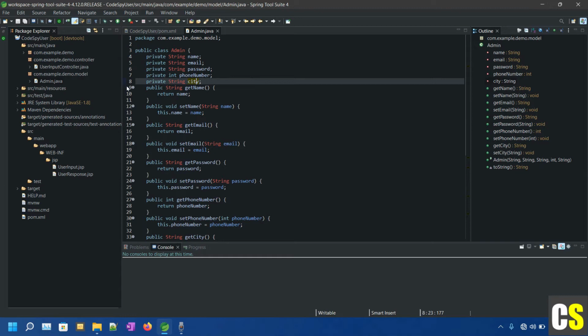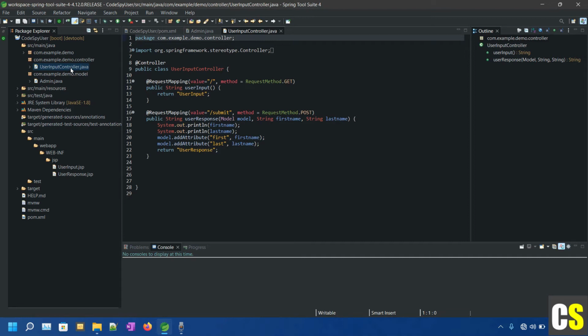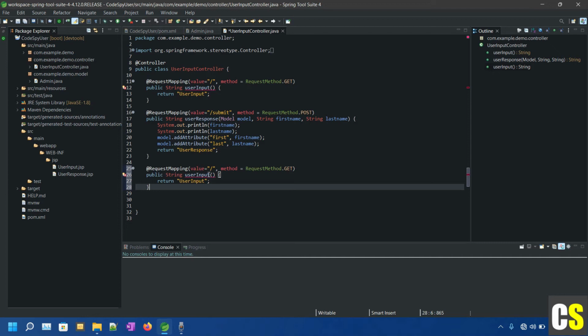Now the next step is we will go to the user input controller, and you can create a separate controller for it, but I am following the last one. And we will create a mapping method for it. So in the last video we discussed that for a simple HTML form we used a default value here, and for submit we created this method, right? So similarly we will create Get and Post methods for the Spring MVC form tag also. So we can copy the last method here, and we will paste it here, and we will change the method name